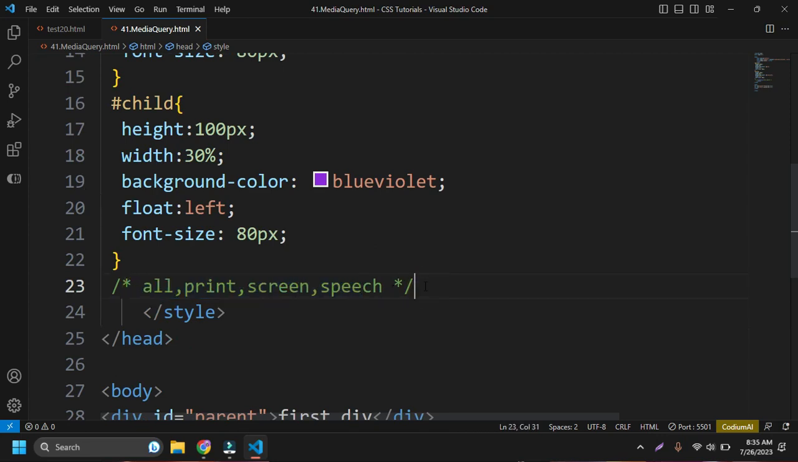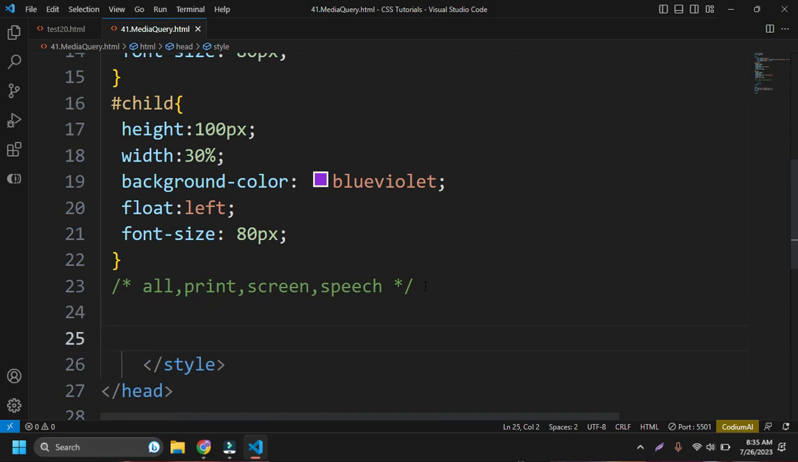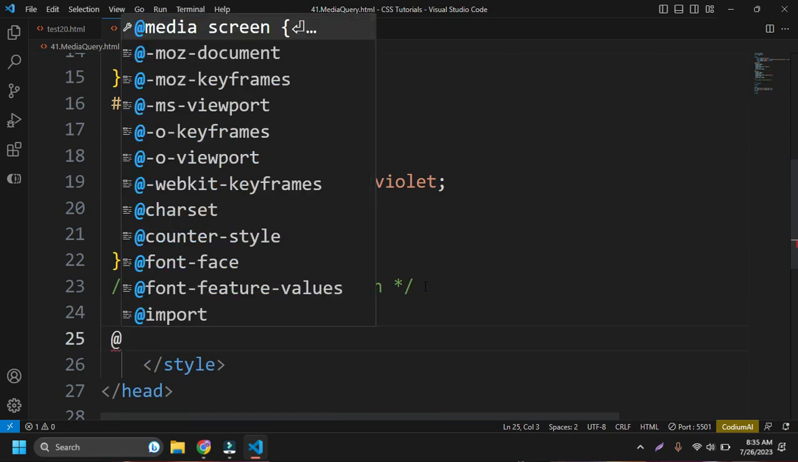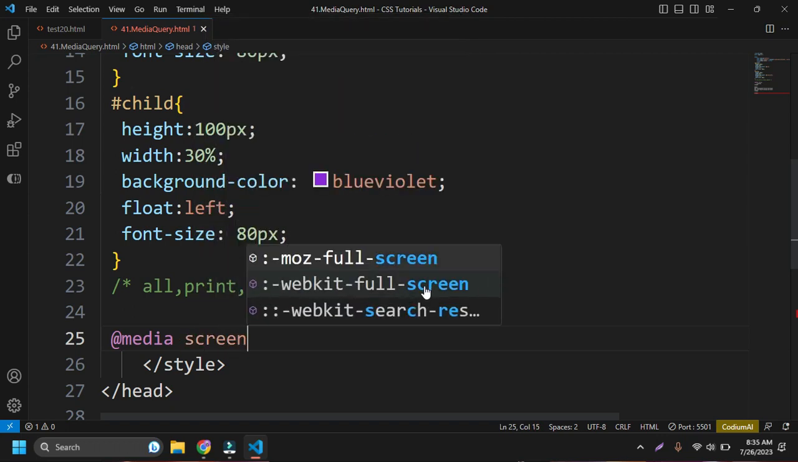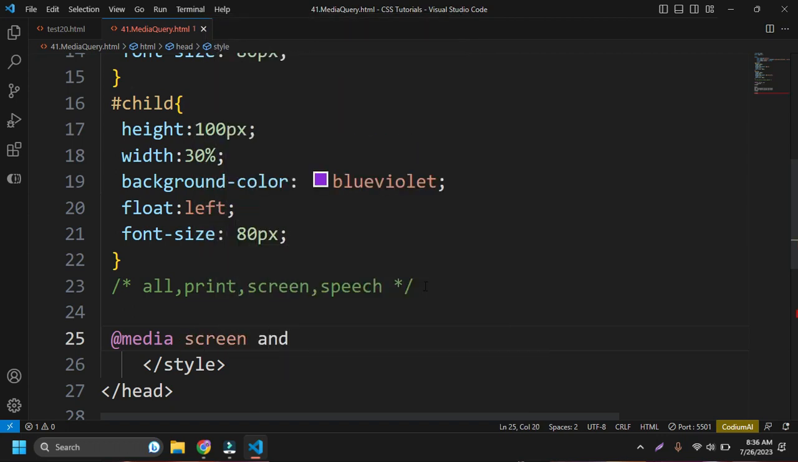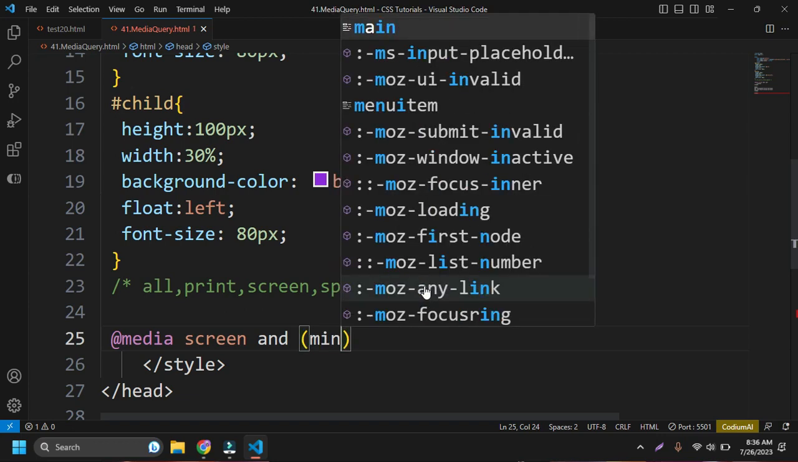Now let's start with how we can write the media rule. We have to use the at sign at first and just type media. After typing media, you can define a particular type: screen, print, or all. Okay. So if I type screen and then type and, you can start the main part. If my minimum width is